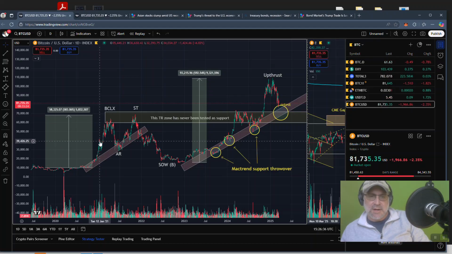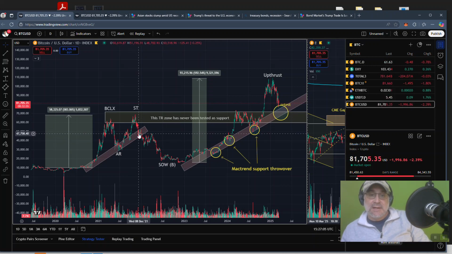It's a markup, reaccumulation, markup, reaccumulation, distribution, and then redistributions, and then all the way down till you get to the other shoulder. This is the left shoulder. That's the head. That's the right shoulder. This right shoulder got stopped out at the macro trend support, and then it reaccumulated and created a whole new head and shoulder schematic, or another 1 through 5 Elliott on the macro, and